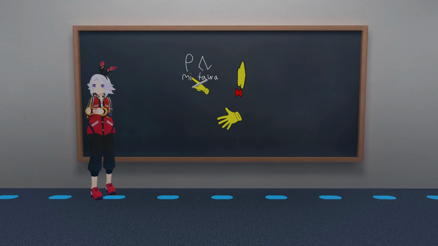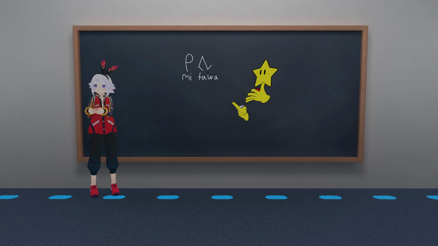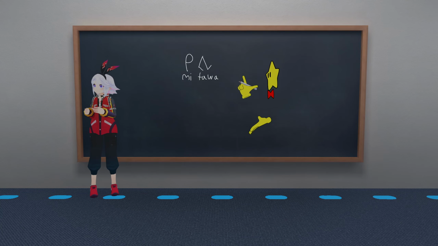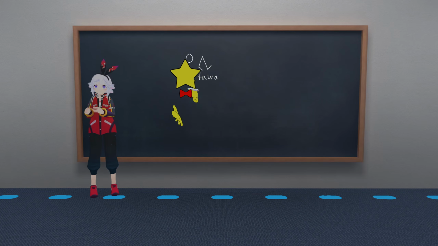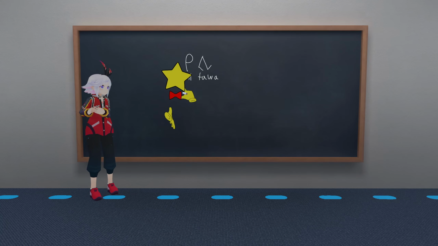So the sentence, mi tawa, means I move, or I go, or I walk. This is the idea we'll go with throughout the whole lesson. A basic sentence, exploring its meaning a bit, and then exploring a new sentence. But before we move on, there's another pronoun. Well, there are several, but